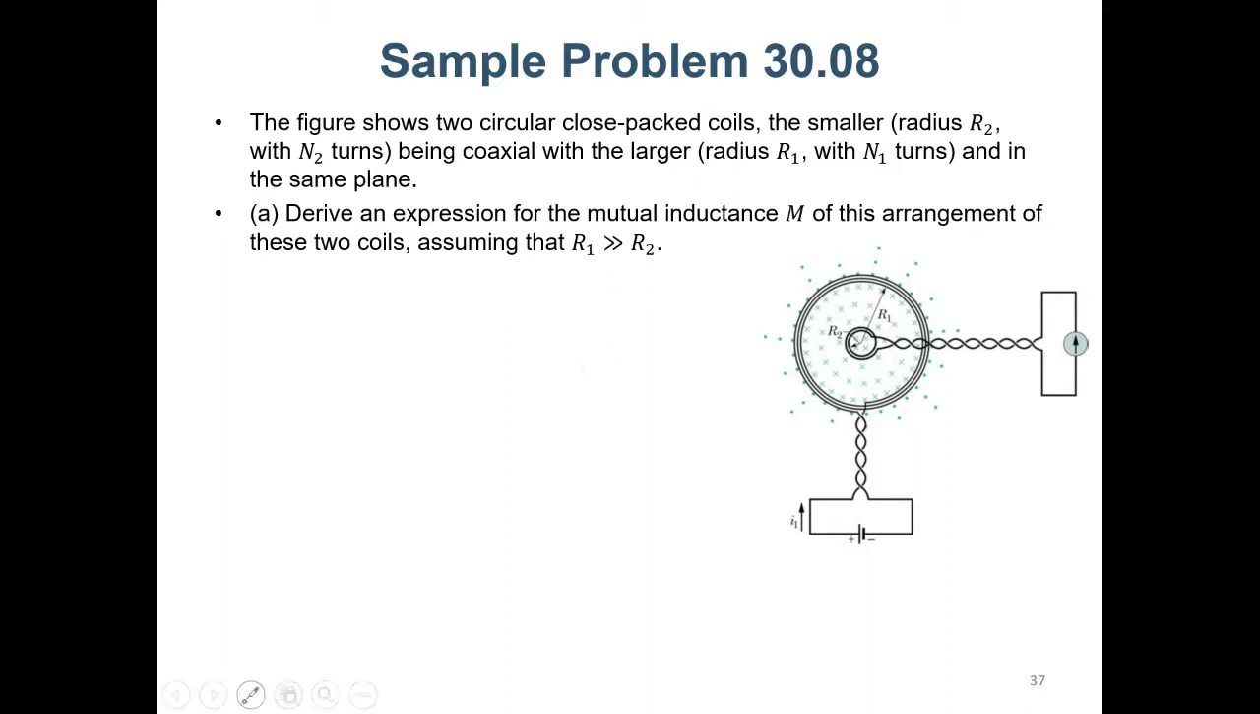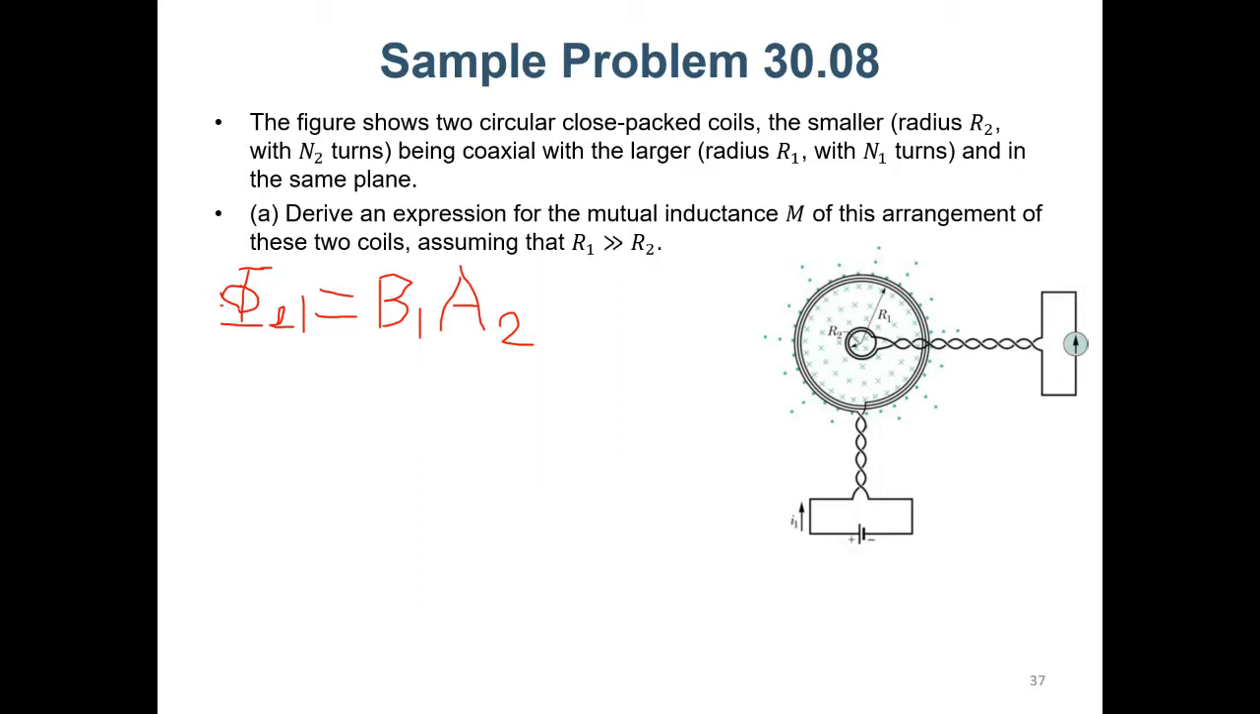So first of all, because we need to calculate the mutual inductance, we need to write down the magnetic flux from coil 1 for coil 2. I mean the magnetic flux of coil 2 due to coil 1, because